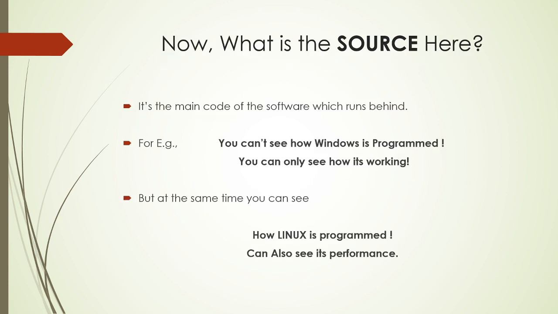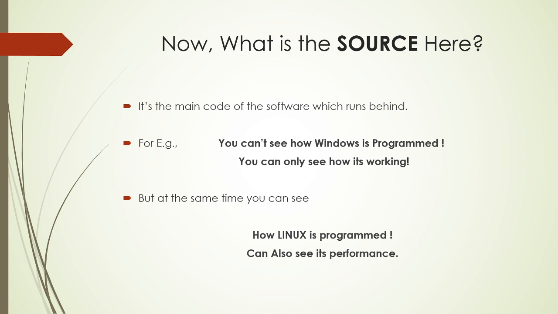Now the second question that comes to my mind is what is the source here? The source we are talking about is the main code of the software which runs behind. For example, you can't see how Windows is programmed. You can only see how it's working. You can only use that software, but you can't see how it is made, what the actual code of that software is. You can't see because Windows has not given you rights to see, to modify, to change, to do anything with